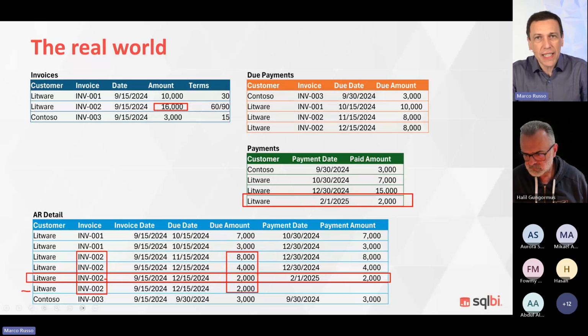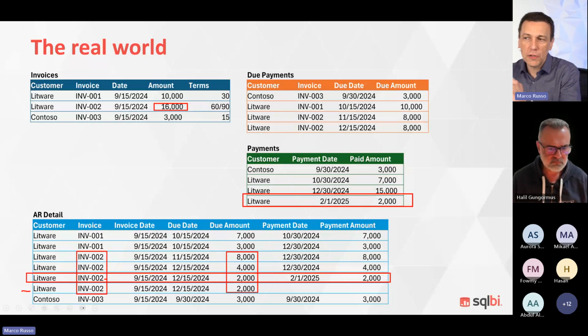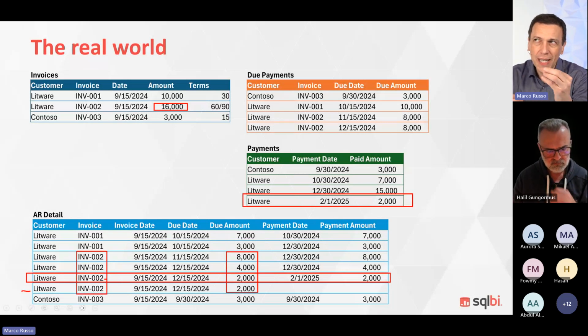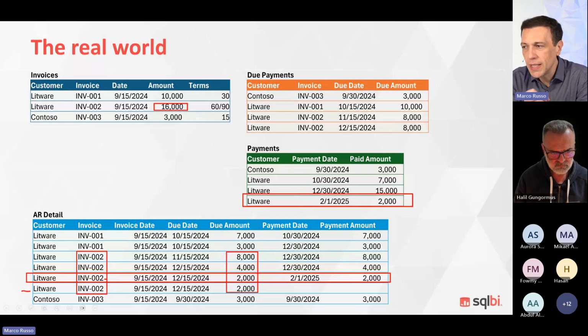And you might have data in a different way. So if I create a specific solution for this example, it could be different in your case because you have a different association between payment and due payment and invoices. So I try to describe the worst case scenario.